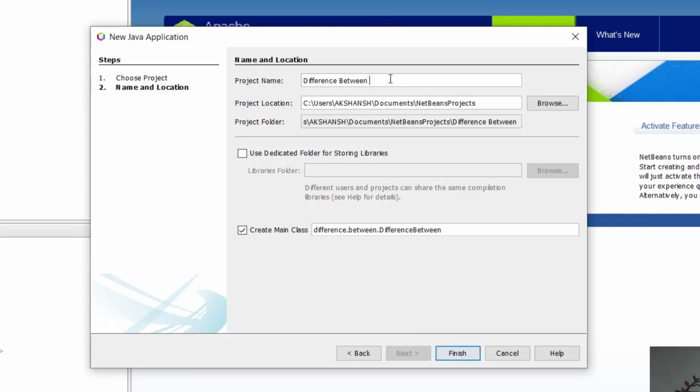Anyway, one more thing I should tell you: the project name you can keep like this, with a capital letter at first and then spaces in between. But in a class name or package name you cannot do this. In class name and package name you have to type without spaces. You can give capital letters anywhere, but without spaces, otherwise the Finish button will not be enabled. I will show you, but for now let's do this: difference between